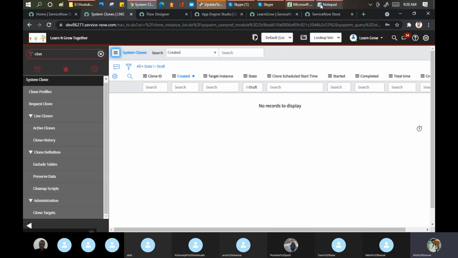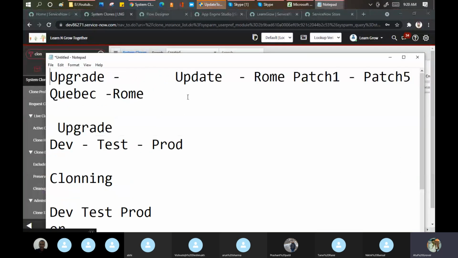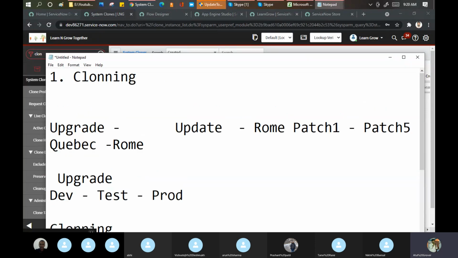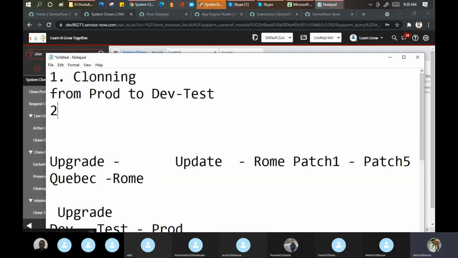Whenever we go for the upgrade, the first point is cloning. And cloning is done from prod to dev and test. Once cloning is done, then we'll go for the upgrade.